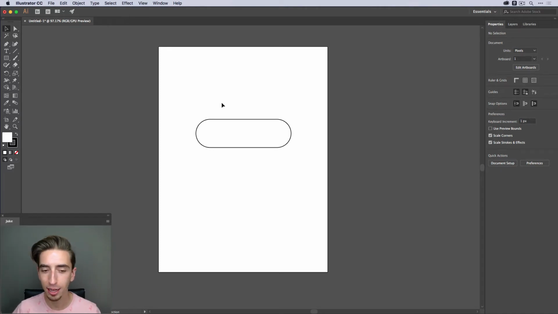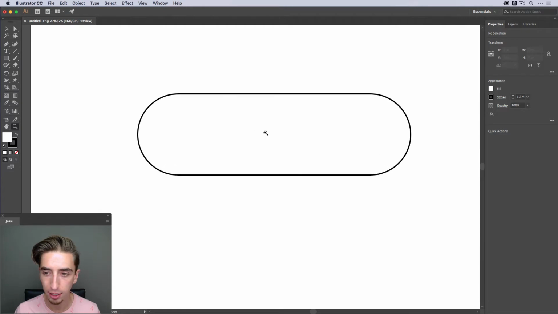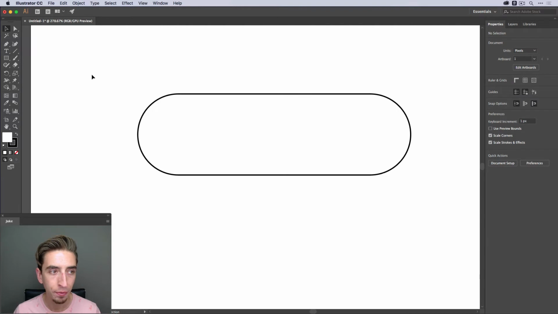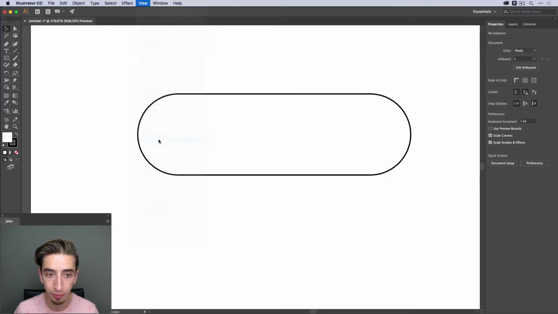So let's take a second and talk about colors and how they work inside of Illustrator. I'm going to zoom in nice and close, pressing Z on the keyboard, and then scrubbing in, clicking and dragging to get nice and close, so we can take a look at this shape and what it's made up of. So even though my background is white, this canvas is white, there's actually nothing in that. Illustrator's just giving me this as a reference, kind of like a blank page so that I can see something behind my artwork. But if I come up to View and go all the way down to Show Transparency Grid,